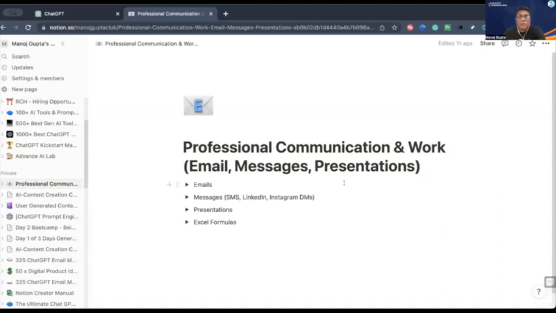So we are now using a prompt and the super prompts, how to create emails, messages, improve the LinkedIn, how we can create the presentation, and how even we can create VBA, Visual Basic Script, or Excel formulas using prompts. All right. So these are the fundamental things that you need to understand using prompt. So I will take some example and then you need to take this thing there. All right. Yes. So please hold on your questions. Thank you very much. We have a dedicated Q&A, so we'll answer all the questions.